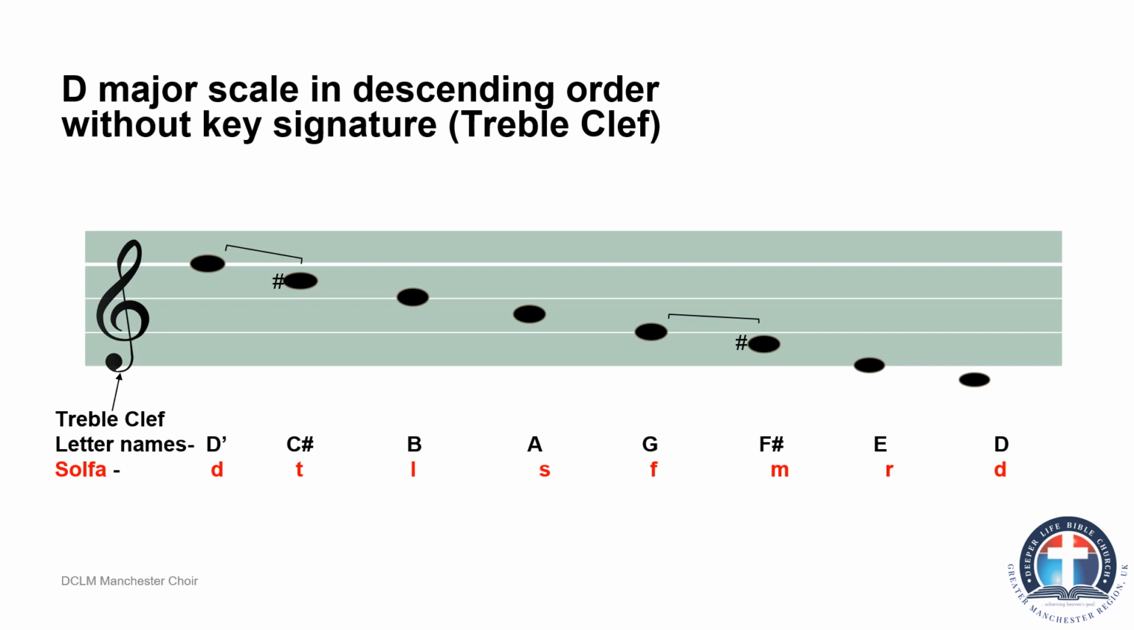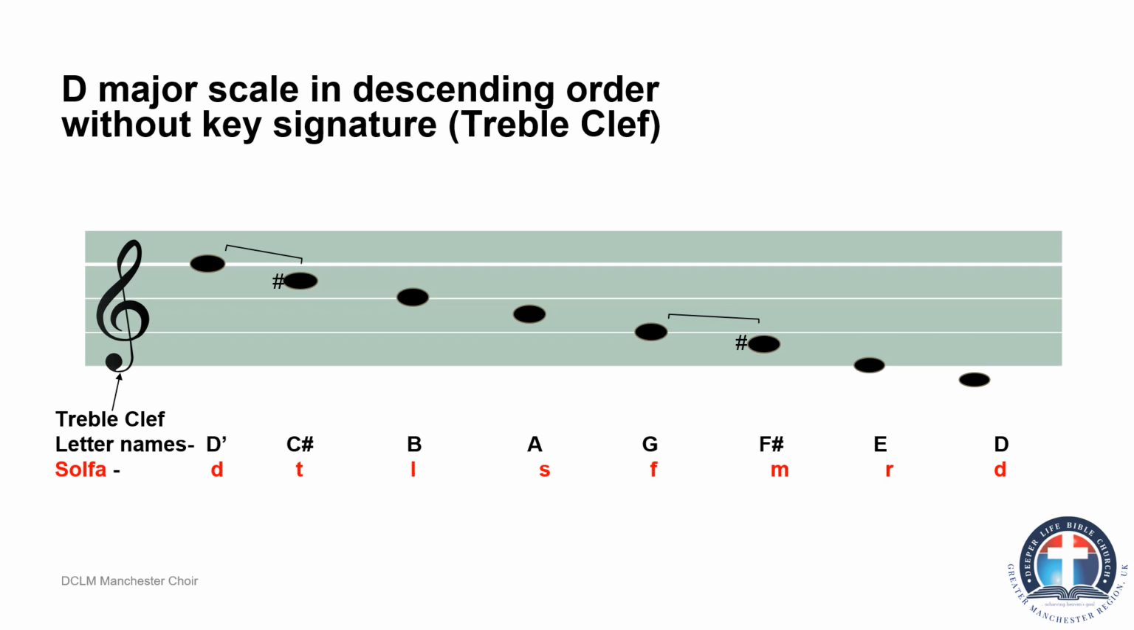So it still remains D, C sharp, B, A, G, F sharp, E, and then D. So we're going do, ti, la, sol, fa, mi, re, do. So in that order, but it still remains the rule still remains. What's different with this one is that the key signature is placed by the